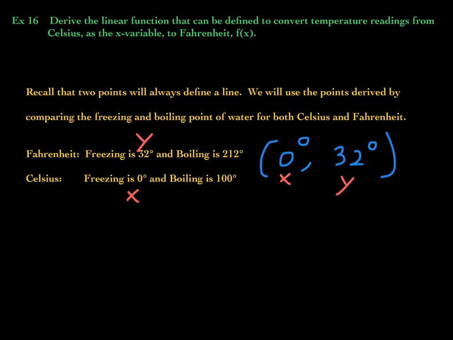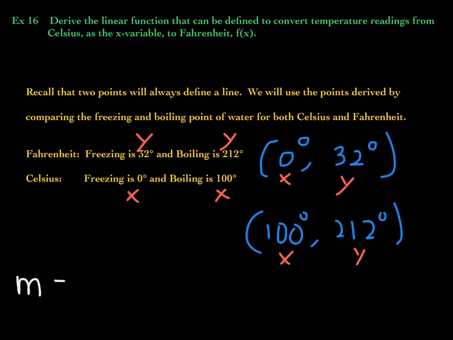We have another ordered pair though. Here, I'll do it here. Another ordered pair, 100 degrees, comma, 212 degrees. What are these? Well, first of all, this is x, this is y. Here's x, Celsius for boiling, and this is y, or f of x, for Fahrenheit. Okay, so with these 2 points, you and I then can find the slope,